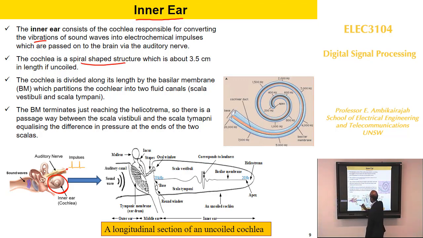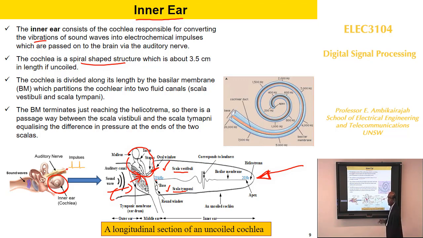So it's a spiral-shaped structure. When you uncoil it, it's about 3.5 turns, and it looks like this. So this is your outer ear, this is your eardrum, this is your middle ear, and when you move this one, this tape is moved here, and you can see the cochlea. When you uncoil it, you can see that there is fluid in there and fluid in there. This fluid is called scala vestibuli, this fluid is called scala tympani, and when you make the movement here,